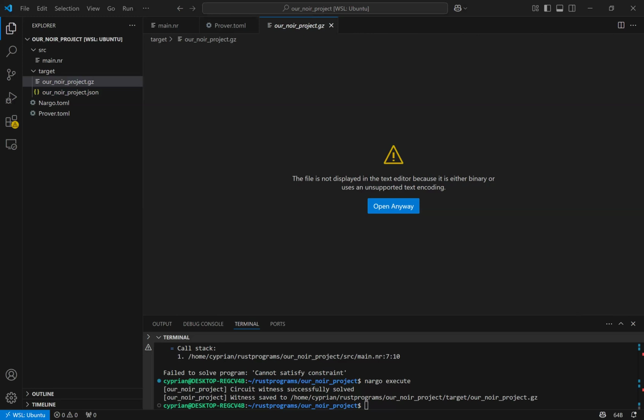Before that, let's again come back and look at what is written down here. When we did nargo execute, it says the circuit witness has been successfully solved, and the witness has been saved. It's telling us the exact place where the witness is saved: inside our Noir